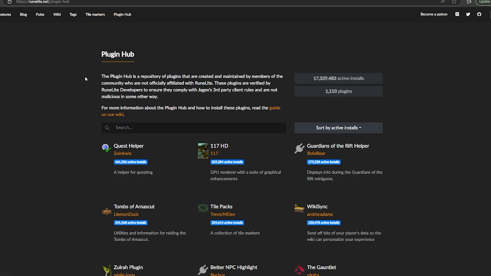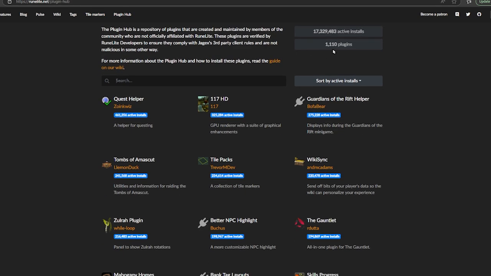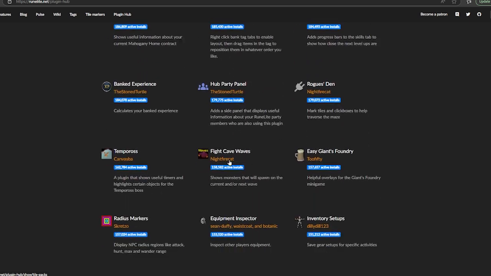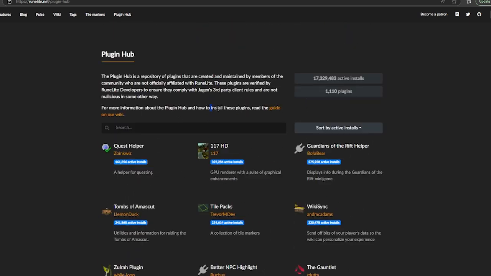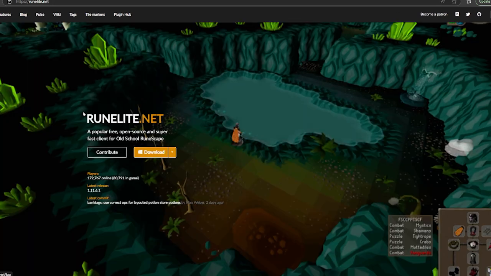Now, as you can see here, this is the active installs and plugins. We have a list of different ones. This is actually how to install the plugins, but I'm going to show you how to download Runelite completely for